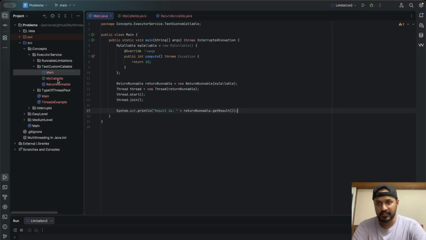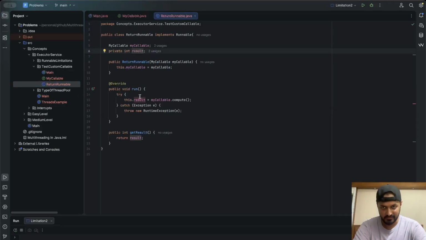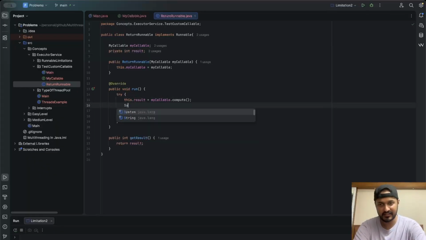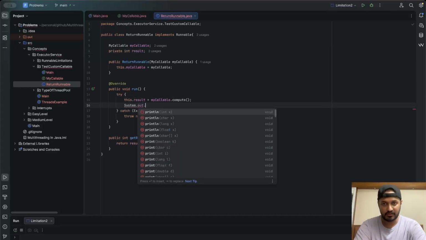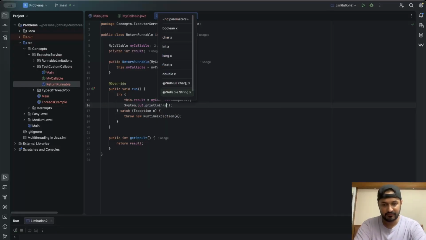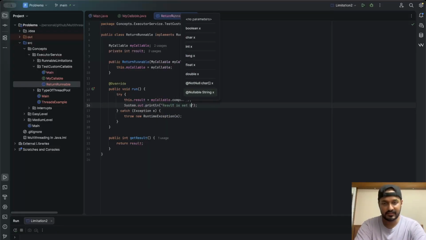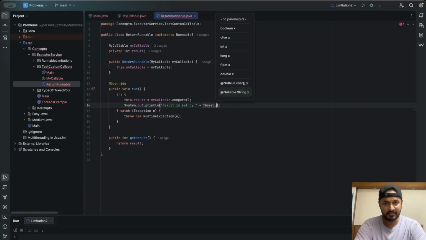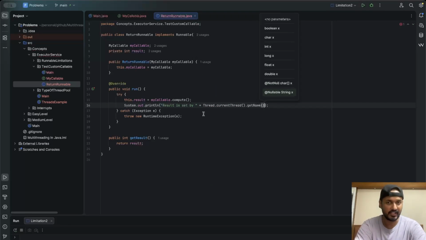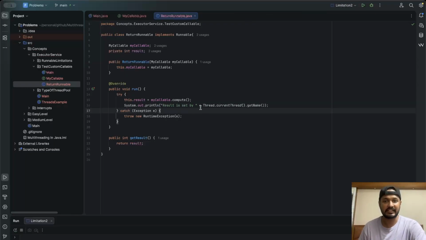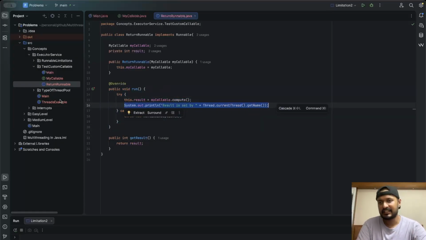Now for more clarity, let's go inside ReturnRunnable and write here System.out.println result is set by, Thread.currentThread.getName. Whichever new thread is created, just for verification that whatever logic we are writing here is executed in a new thread, that is why we have printed this, correct?